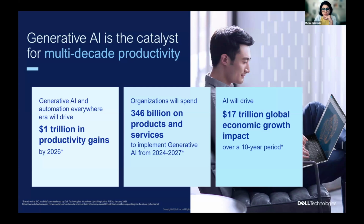We will see about 346 billion on products and services being implemented in Gen AI. The third one being, even though the implementation happens now, the impact of this investment is going to show over a longer period, right? With anything, your ROI is going to be a little bit more spread out. But over the next 10 years, you'll actually see 17 trillion in economic growth based on all of these investments that are being made today, right? So the next 3 years are extremely critical for all of us to really take advantage of the Gen AI opportunity. And really the only way to do that is basically to have the best partners and the best providers